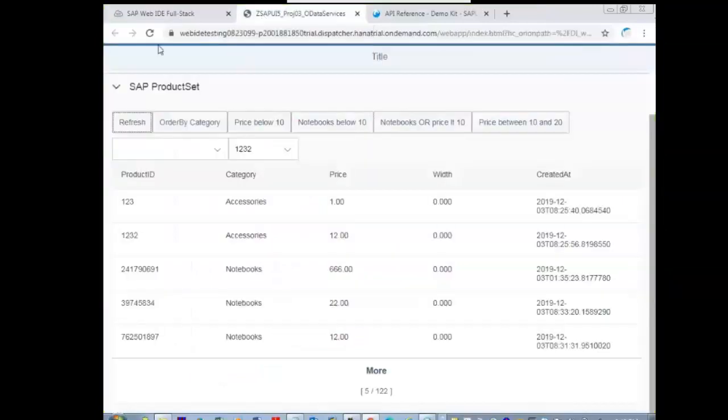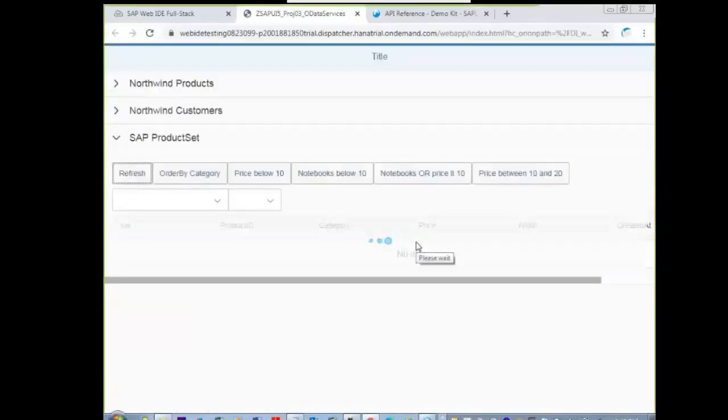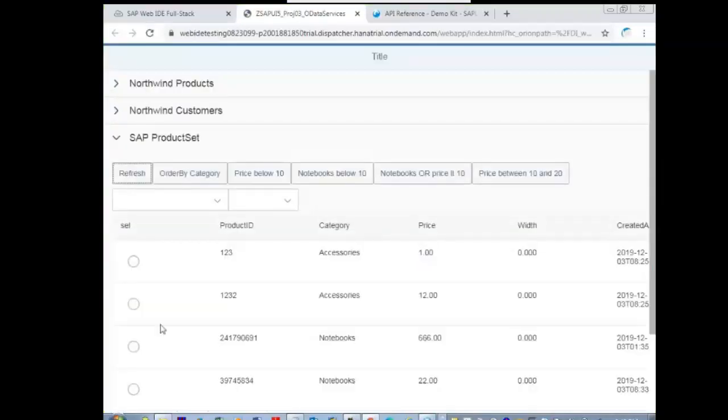Let us go to the output. Refresh. You can see I have all the radio buttons here.